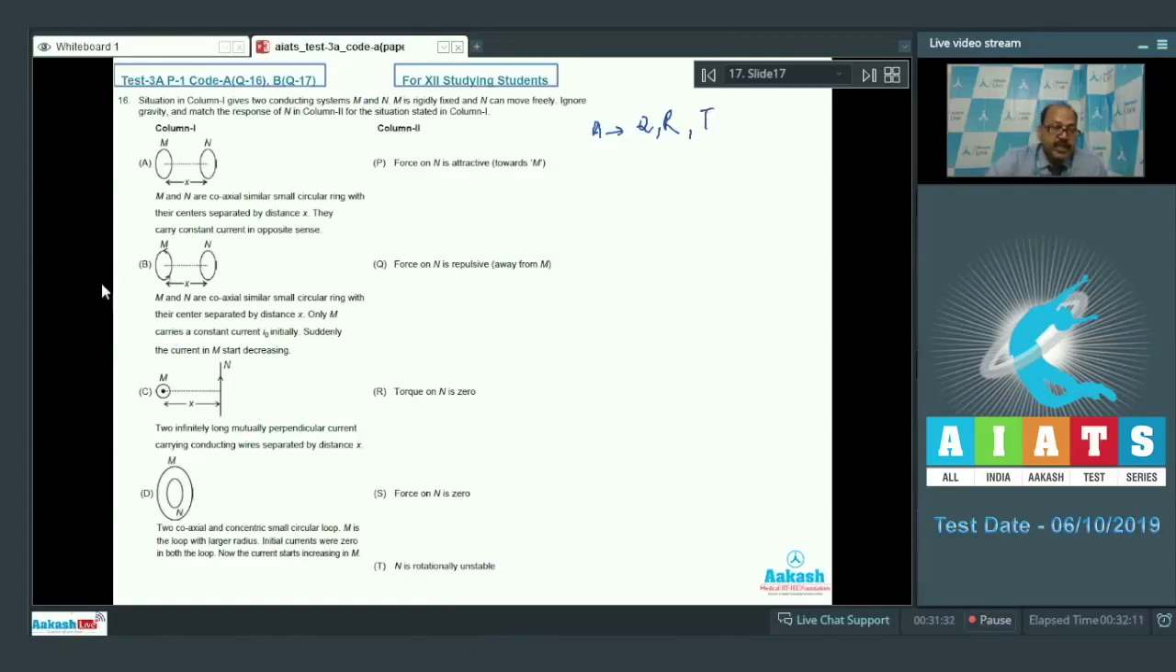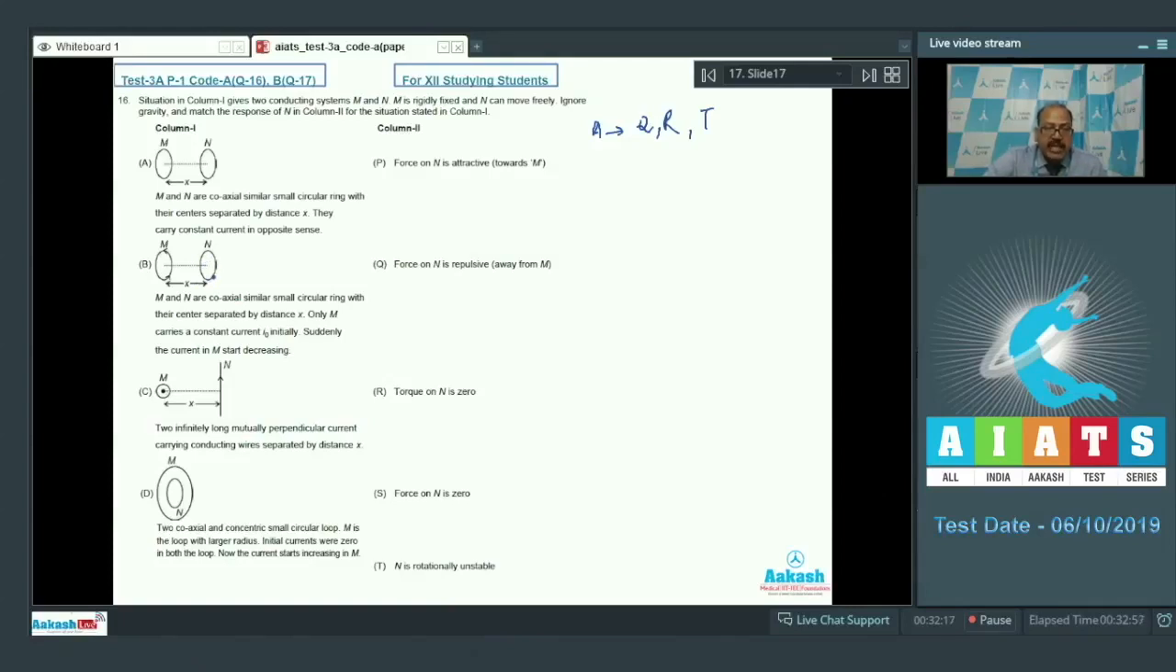Let's look at the configuration given in B. B says M and N are coaxial, similar small circular rings with their centers separated by distance x. Only M carries a constant current I0 initially. Suddenly the current in M starts decreasing. Okay, so when current in M starts decreasing, there will be an induced current in loop N, and the current will be such that it opposes the cause, which means the direction of current in M and N will be the same, because the current in M is decreasing, and that's why current in N also is in the same sense,